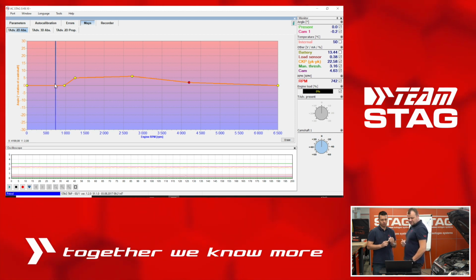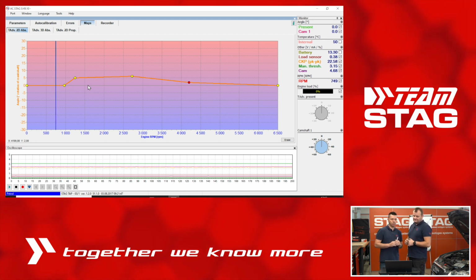And as you see here, this is a simplified map, and it also helps to finish the settings and have much better efficiency of the engine after setting the TAP to the engine. That's right. We also recommend, if you want to adjust the TAP on the road, to also connect the gas controller to the PC,